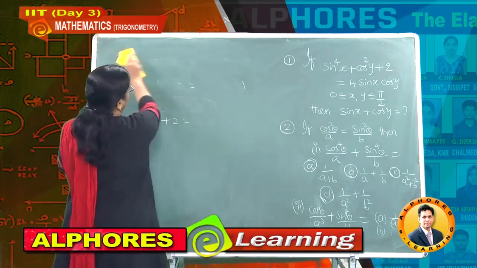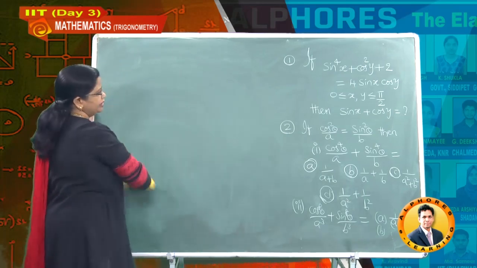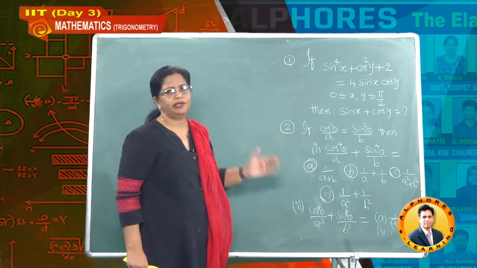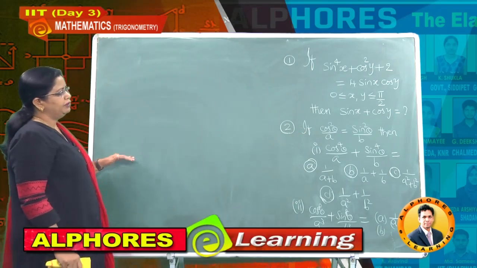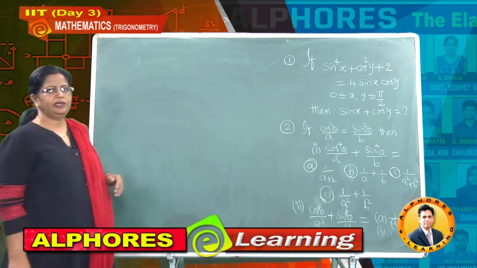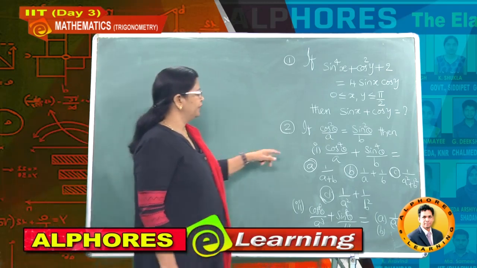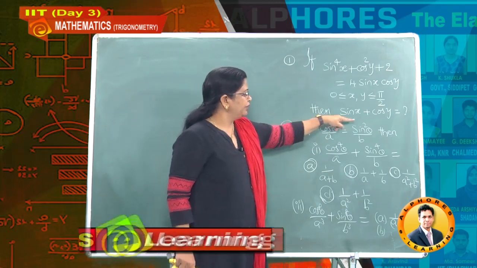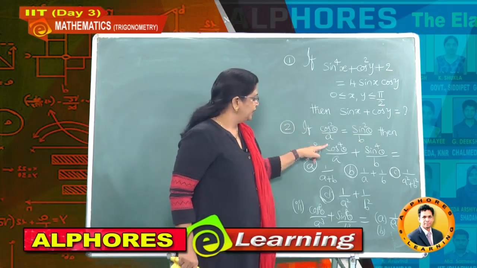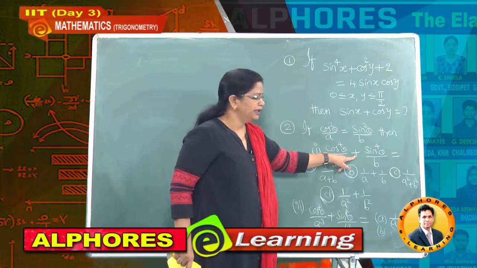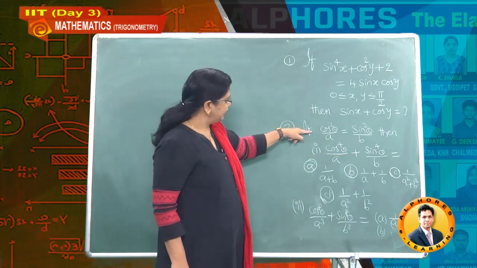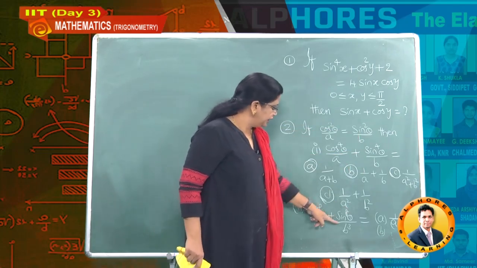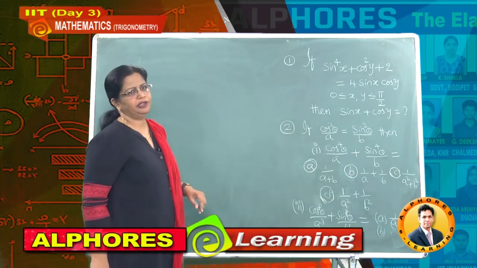Now the second problem, it is one of the important problems in trigonometric ratios and identities. Now cos square theta by A equal to sin square theta by B is given in the problem. Then they are asking about first this result, 4 here and here also 4, but A and B are the same and they added here. And in the second problem, 8 here and 8 here, but in the denominator they took A cube and B cube.